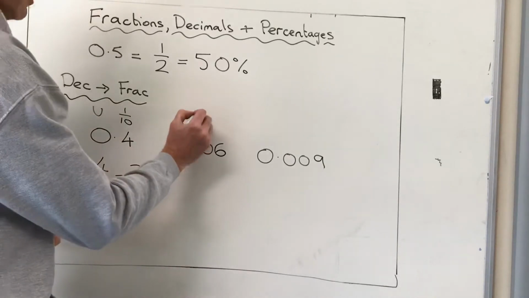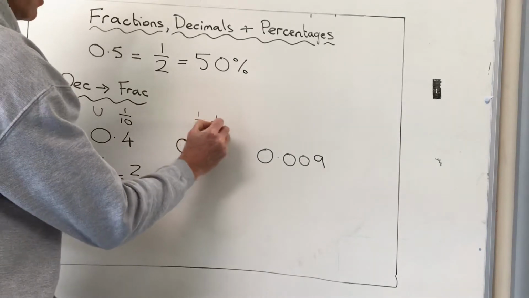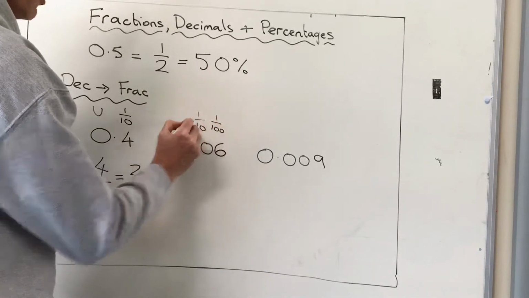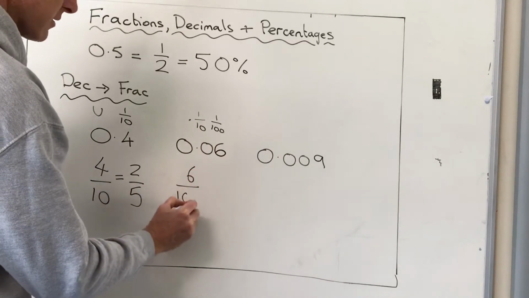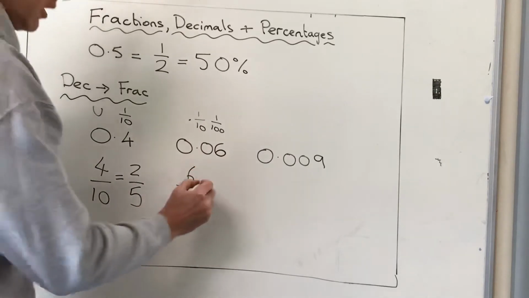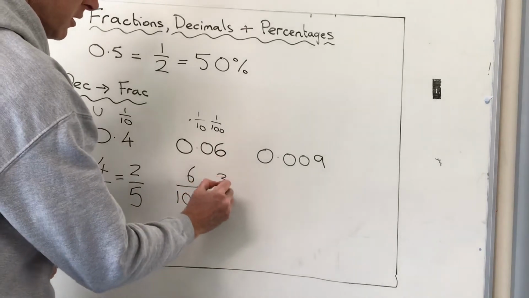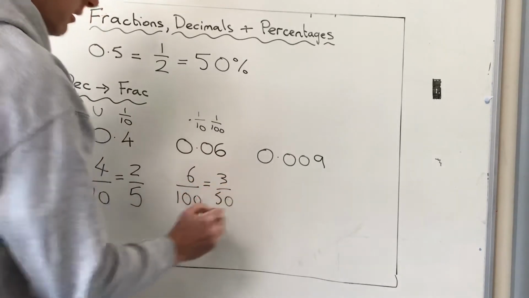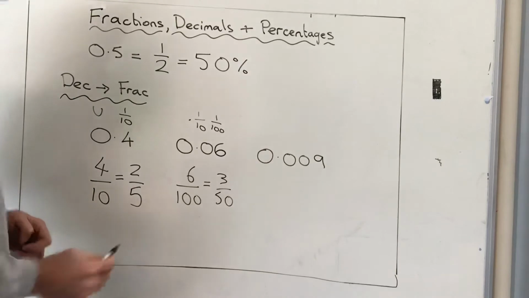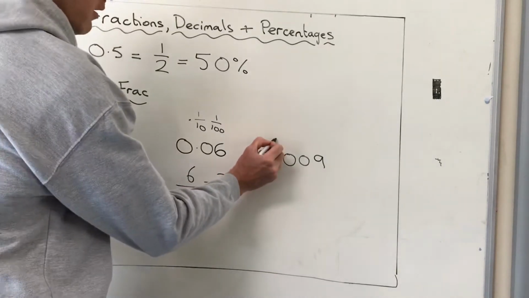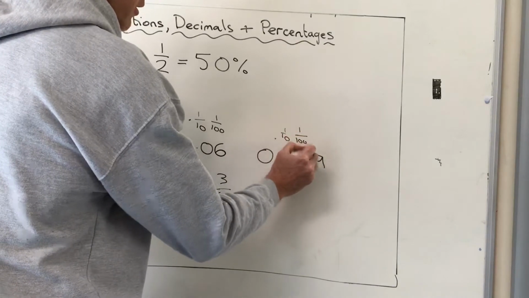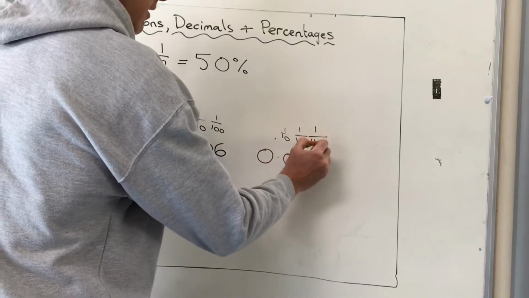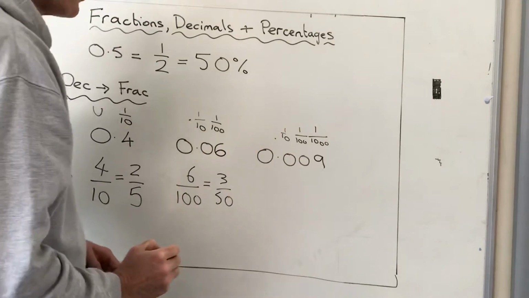0.06, well, there's our tenths column. The 6 is in the hundredths column. So our fraction is 6/100ths. In lowest terms, 3/50ths. And finally this one, well, there's our tenths, hundredths, but our 9 is in the thousandths column,